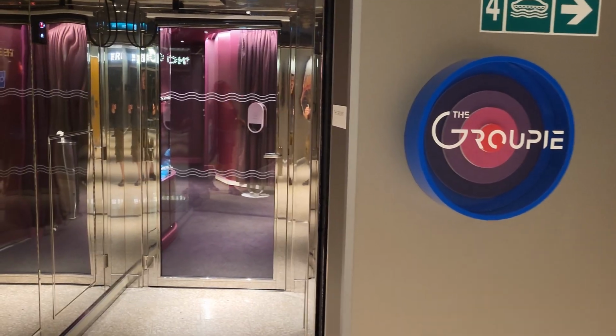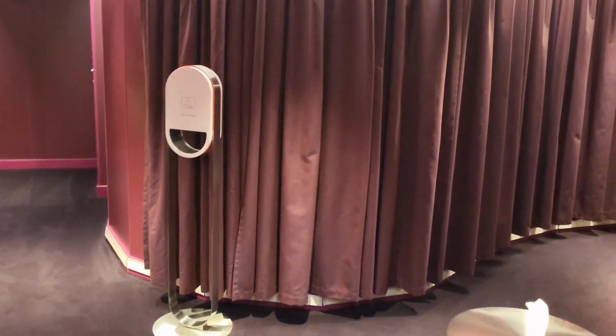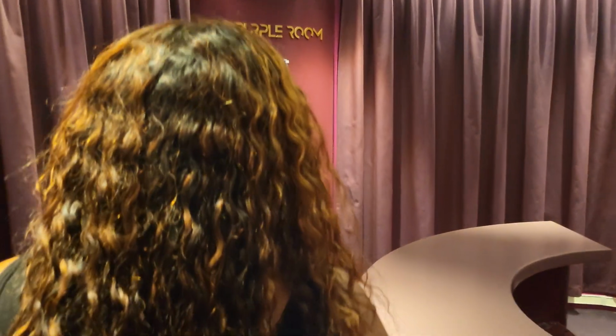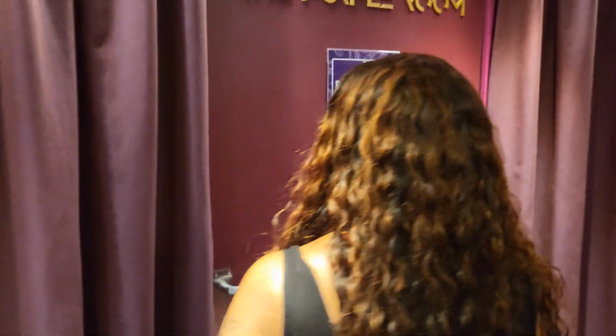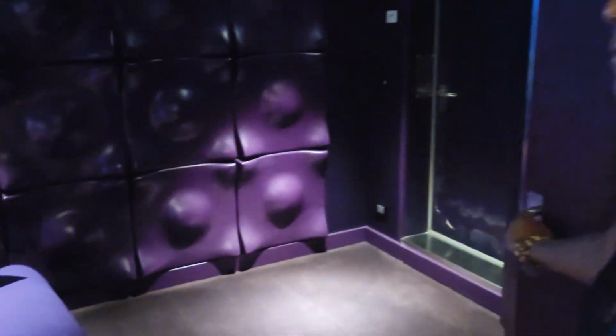So this is a karaoke hall, and both times we went in it, the first time we saw it, we went in and we tried it, and this time we're just doing the walkthrough. When we went in there, there's a sign-up sheet. There was never a host in there, but you can sign up if you want. We just walked in, the room was empty, so we sang for a couple minutes,